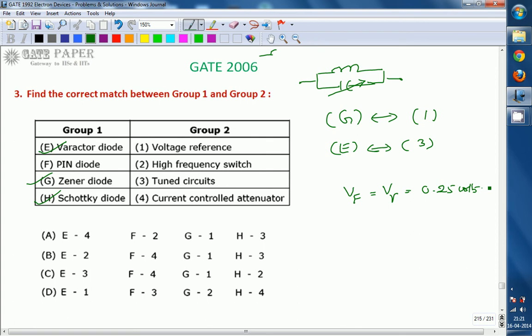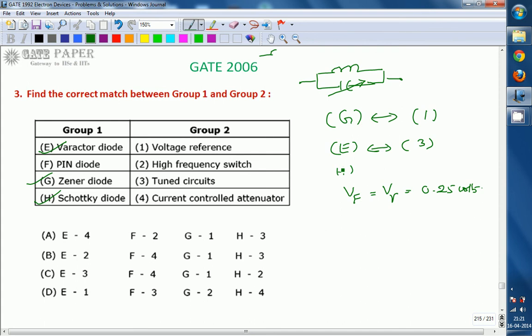So the Schottky diode turns on very quickly. That is, for a small forward voltage itself the Schottky diode turns on, so it is used in high frequency switching purposes. It is used in high frequency circuits, so it can act as a high frequency switch. The voltage across this Schottky diode changes rapidly, so it is used as a high frequency switch.